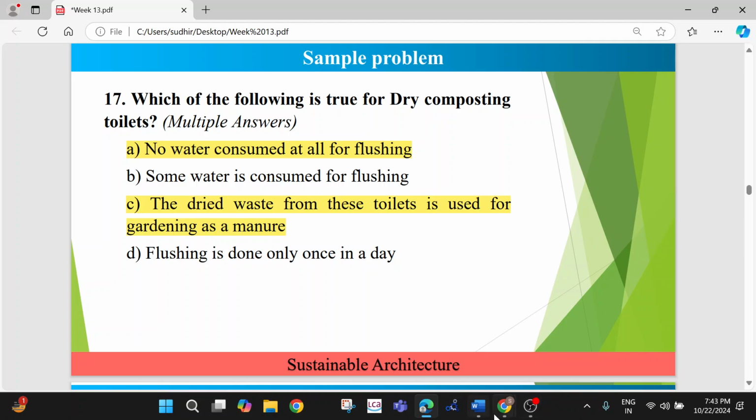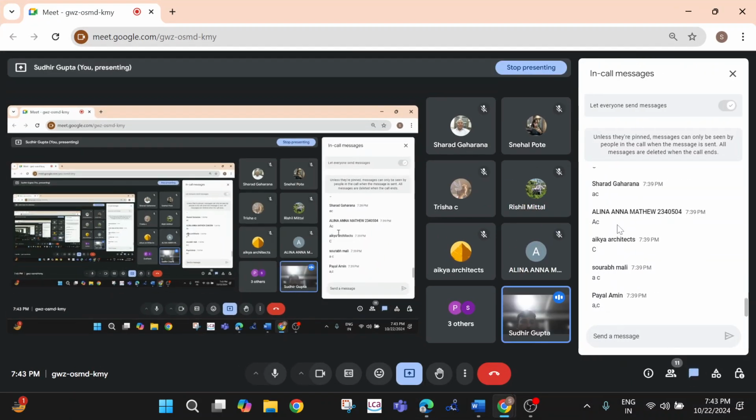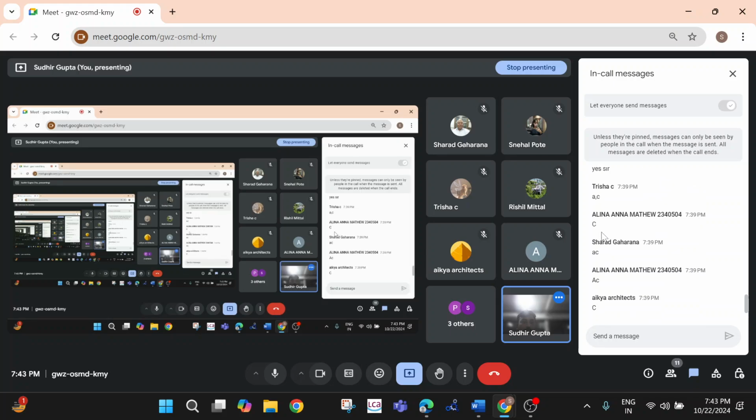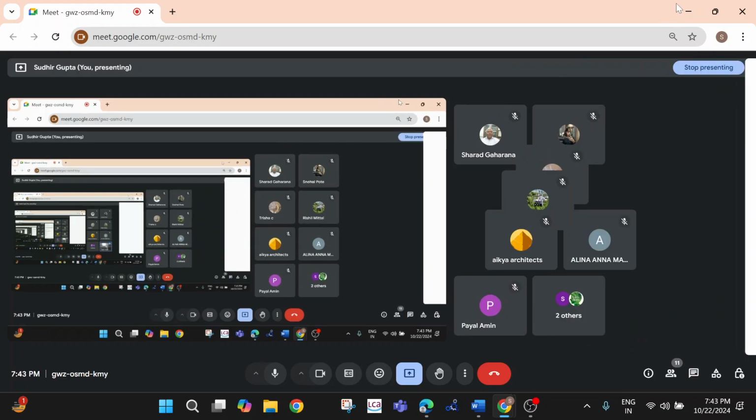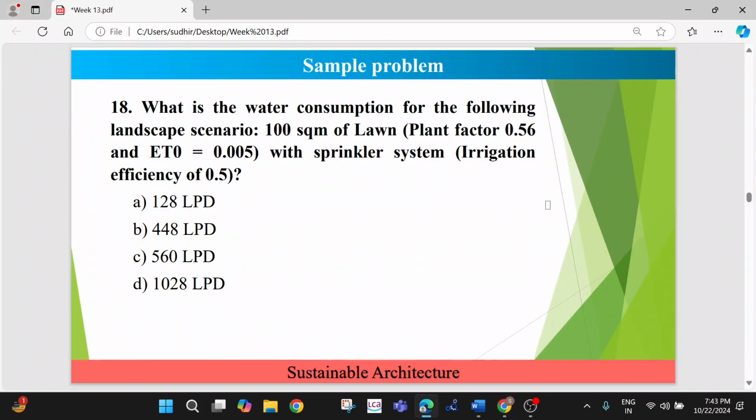So I think all of you have answered it correctly. A and C only. So let's move to the next question then. It is clear. Here is the 18th question. It is also a short numerical type question. So let's see how many of you are able to answer this question as well